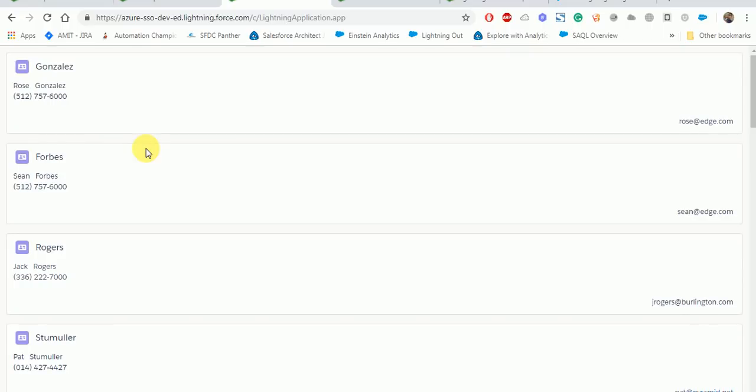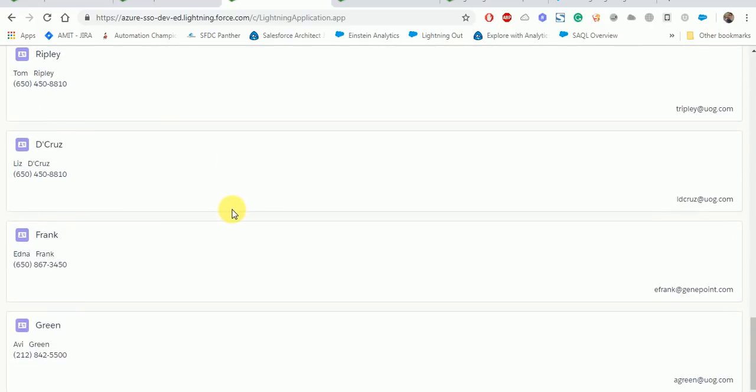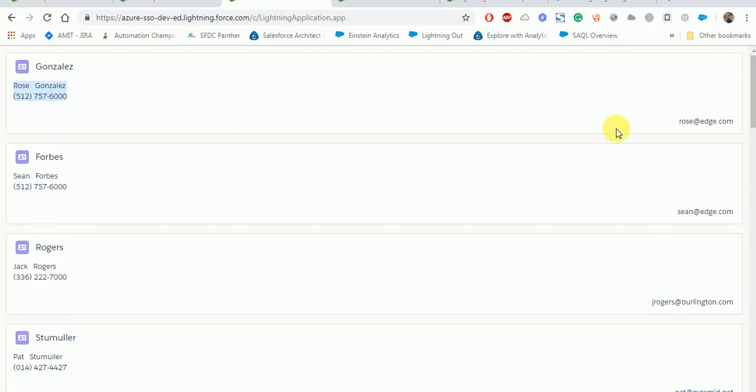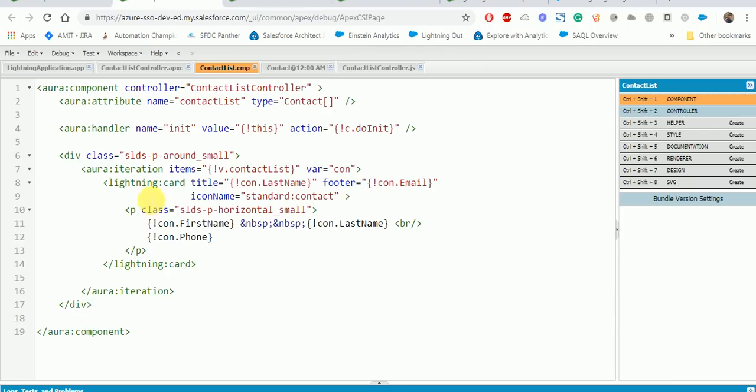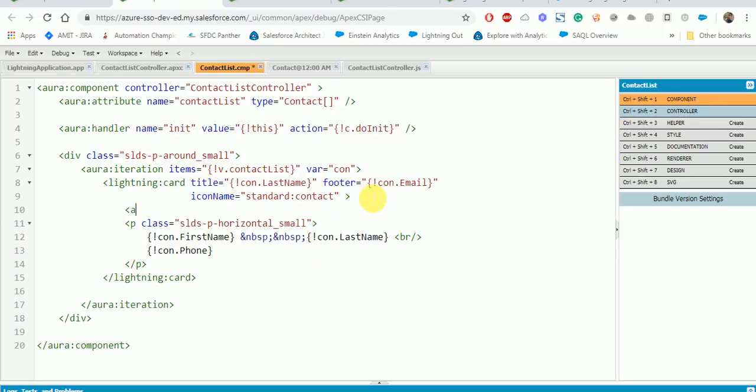Now you can see that you are also able to see the title, whatever title we have given. You are able to see the email as a footer. You are able to see the body. And now what if you wanted to add an action here, for example for viewing the complete account contact detail? So you can also add actions. For adding the action, we can use the same syntax, a colon set and then attribute equal to actions,